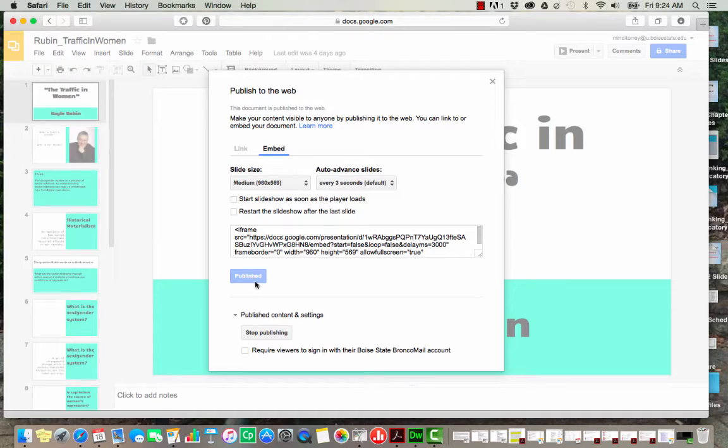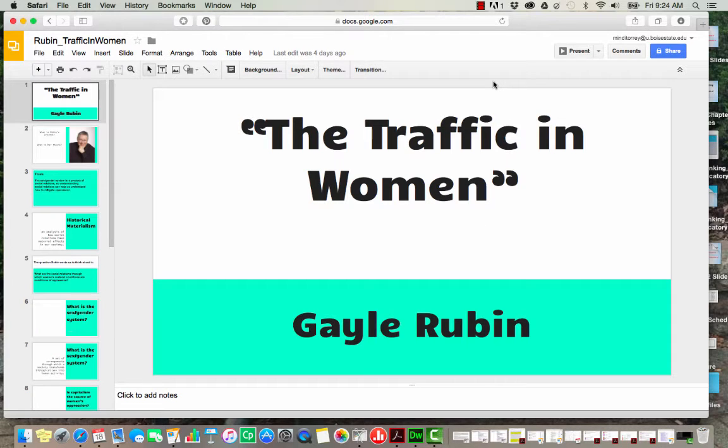Now, if someone else has already published your presentation, you won't be able to select Publish because it will already be published, and you'll see this embed code here. So once it's published, you'll select the embed code, copy the embed code, close that window, open another browser window,